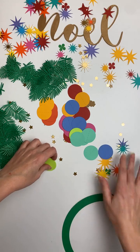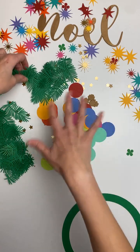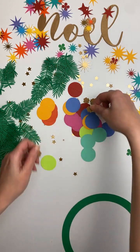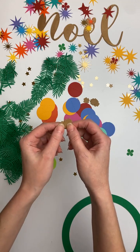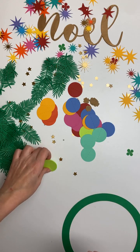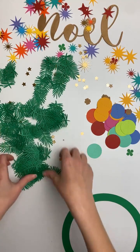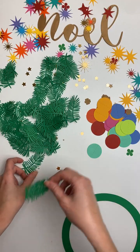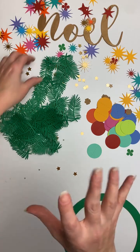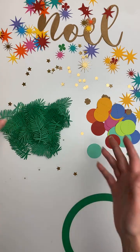And here I have all of my Christmas ornaments, in different colors. Again, 65-pound cardstock. This is the base for the ornament, or like the cap. And I meant to do this in gold. I don't know what happened, but I think it's fine that it's this color. And then I have my foliage, my leaves, and I honestly do not know how many pieces I have cut, but a bunch. You guys know I always like to cut extra elements, extra petals, extra leaves,